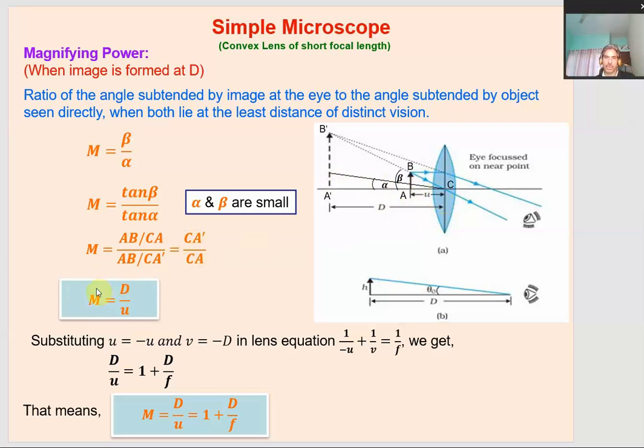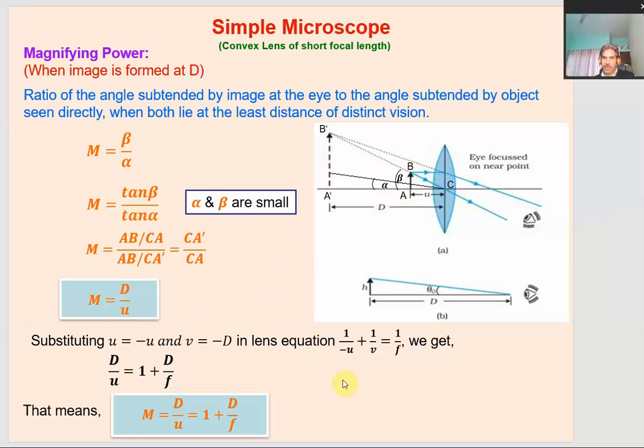So this is the formula for the magnification, or magnifying power, or angular magnification produced by a simple microscope whenever the final image is formed at the least distance of distinct vision. The concept is quite easy. Only the thing is that you have to revise it again and again. We can put this formula into a more understandable, slightly different form.